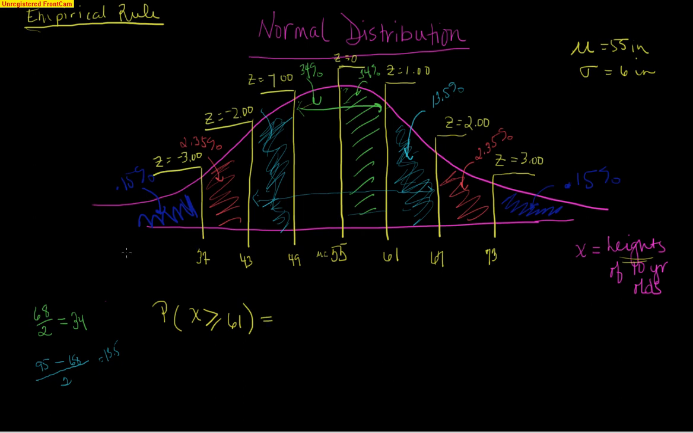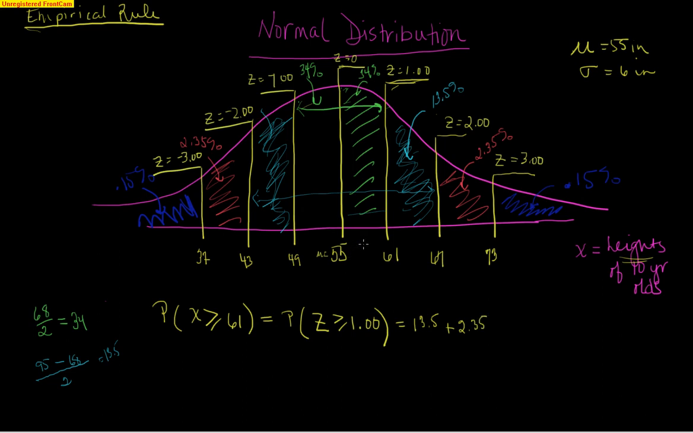Well, the first thing we need to do is change our x value to a z value. And we can do that because we've already done it. We can just look right up here. 61 inches has a corresponding z value of 1.00. So I'm going to rewrite this. This is the same thing as z is greater than or equal to 1.00. Okay, and then I can see by adding up everything greater than 1.00, that's my 13.5%